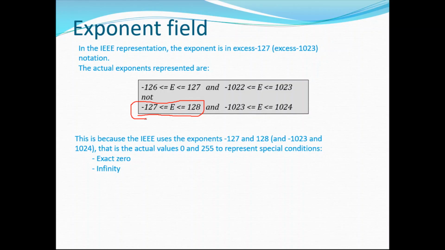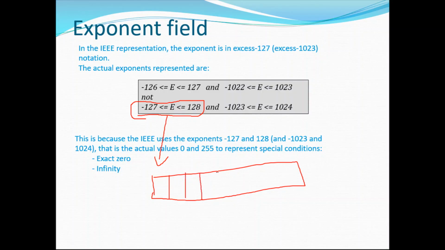First of all I want to give clarity on this itself. You have 8 bits, right? 1 2 3 4 5 6 7 8. This one is for the sign bit, this will be either 0 or 1 for